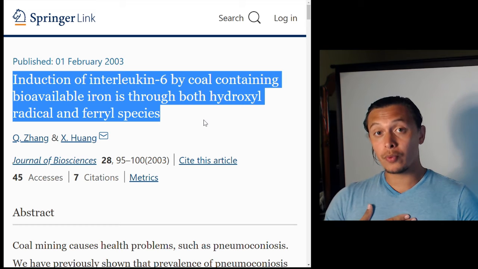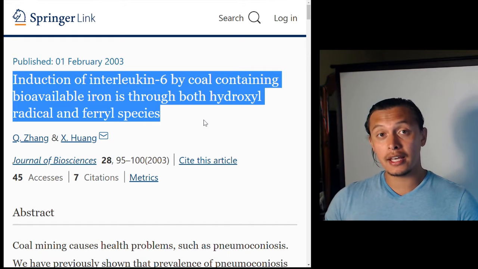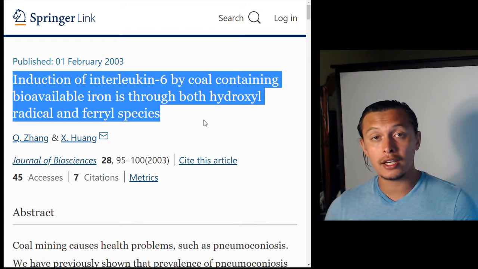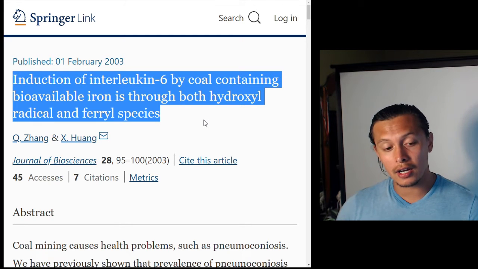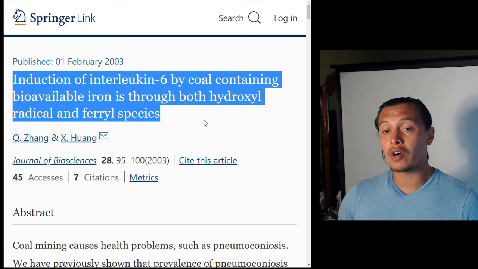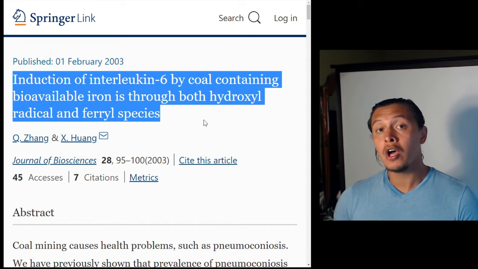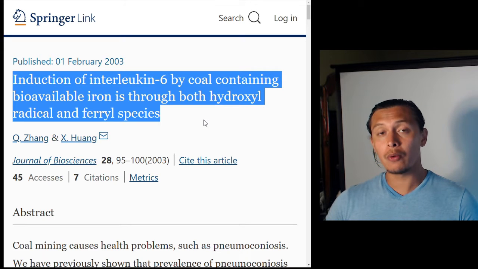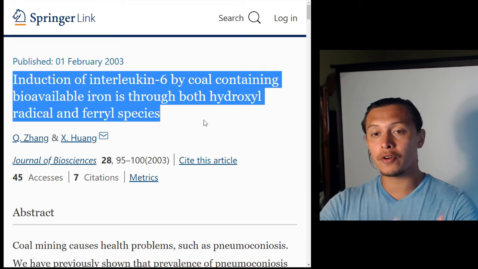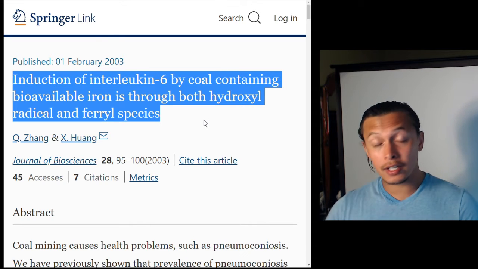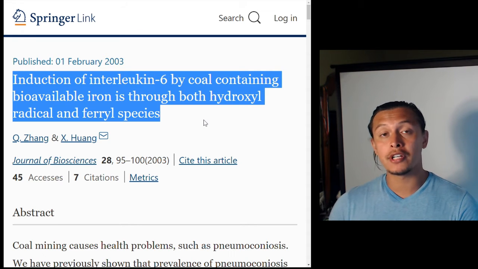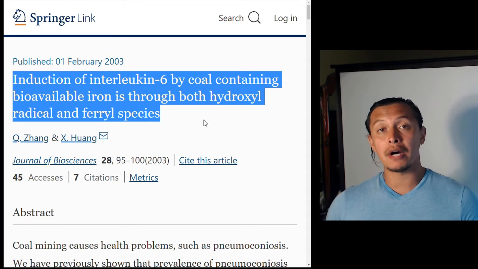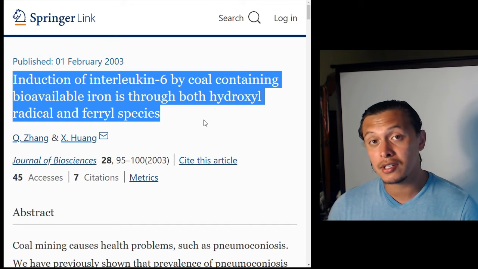One of the reasons why I think that is because interleukin 6 has been greatly upregulated in COVID-19 patients, and there are many different things that can cause the upregulation of interleukin 6. However, I really would like to draw our attention to iron. The first thing that I want to mention is that iron can, in and of itself, induce interleukin 6 by the production of free radicals and by the production of pro-oxidant species within the body.